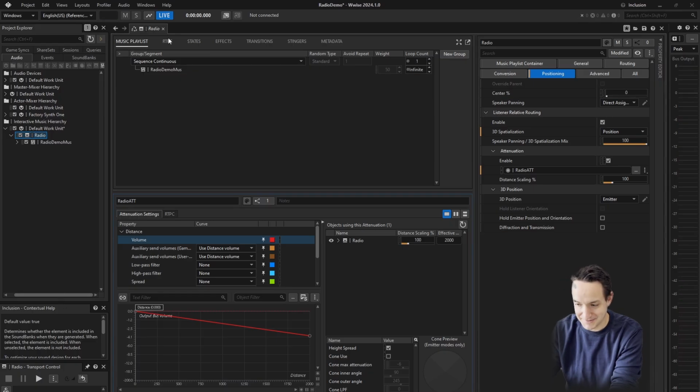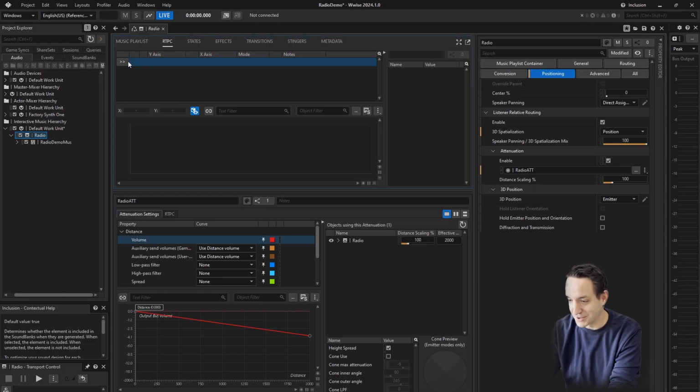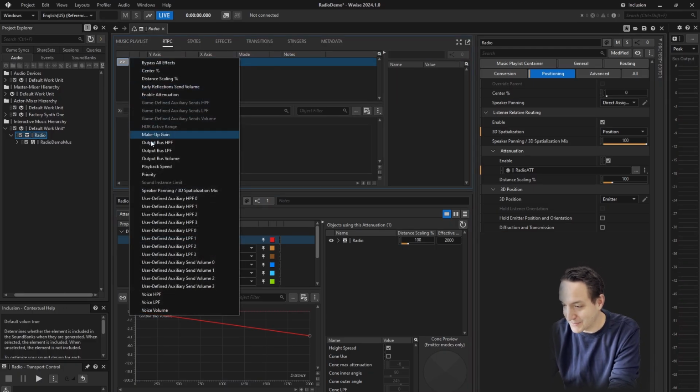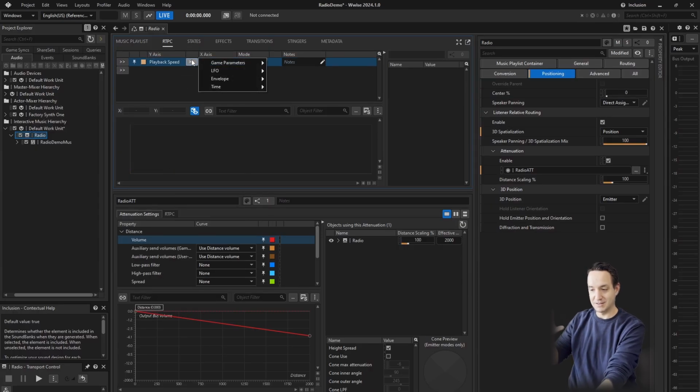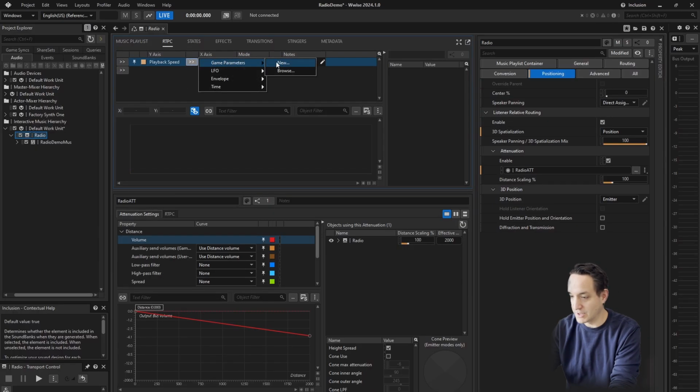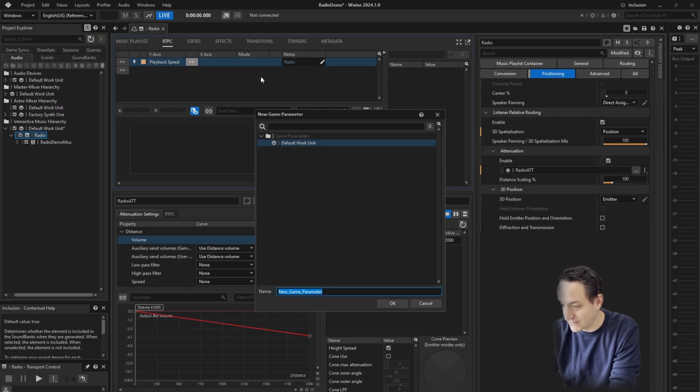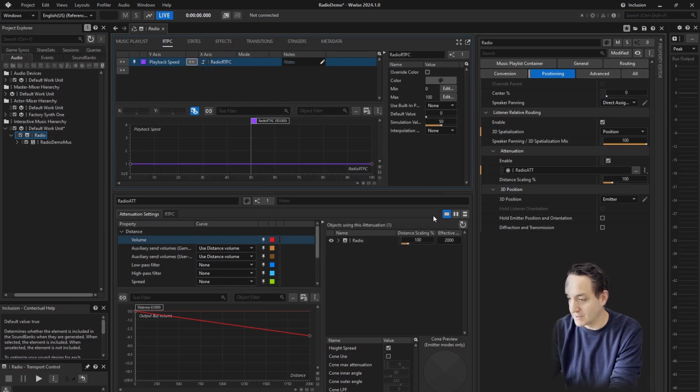Nice. All right, the next thing I'm going to do is create an RTPC. I'm going to do that on the playback speed of the track. I'm going to create a brand new one because I'm going to be using it for a few things. Just call it Radio RTPC. And importantly here, I'm going to change the built-in parameter. I'm going to use the distance built-in parameter